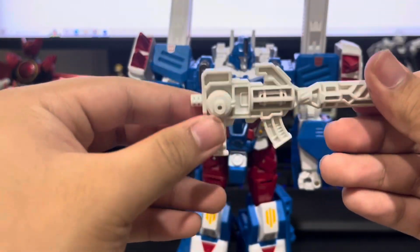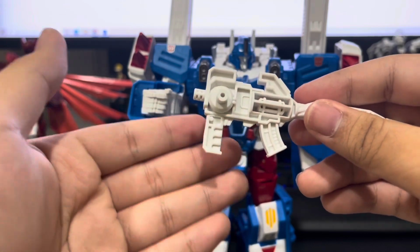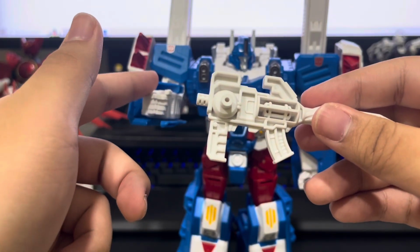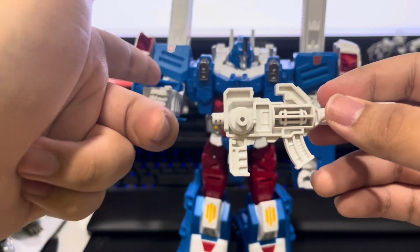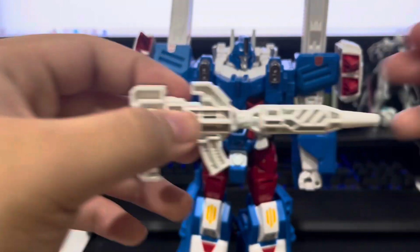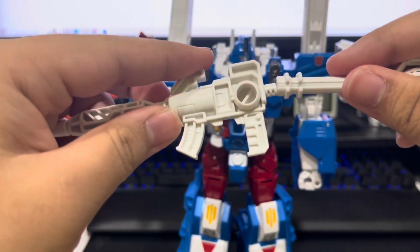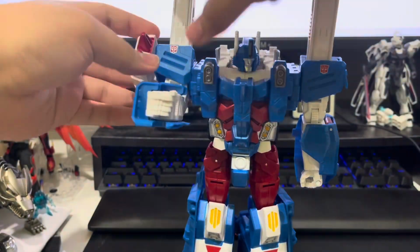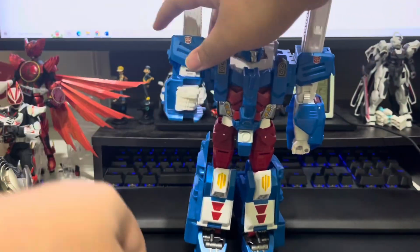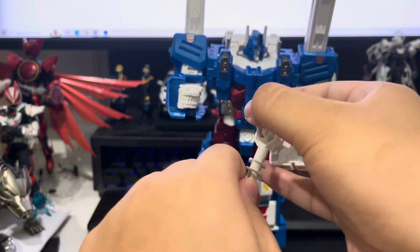I wish these things had tabs like Masterpiece figures, or just employed 5mm ports instead of having the opening hand gimmick, or if they still wanted that feature, engineer the port to hide itself into the hand when opening them. But on the bright side, there is a way for the weapons to not jump out of the hands. It involves simply plugging them together using the shoulder missiles right over here and just having them like so